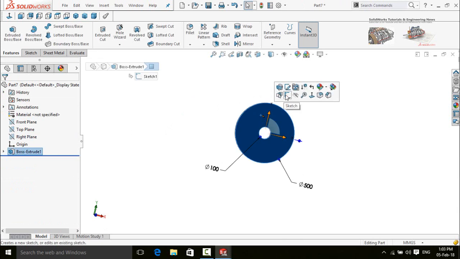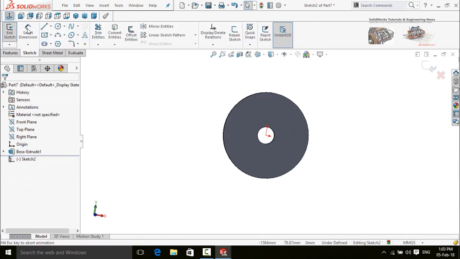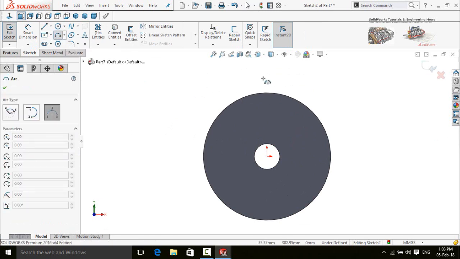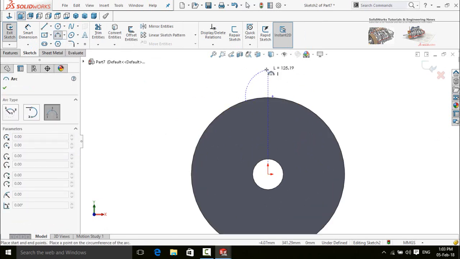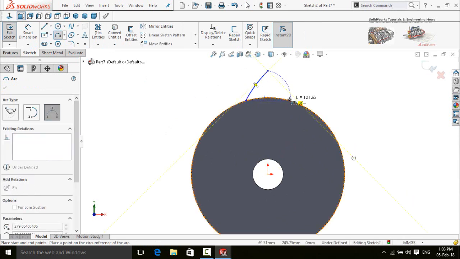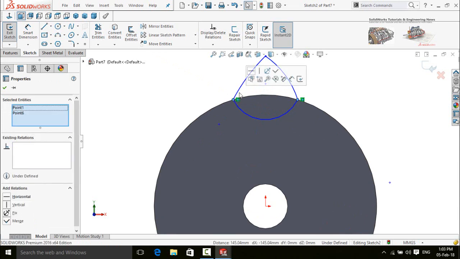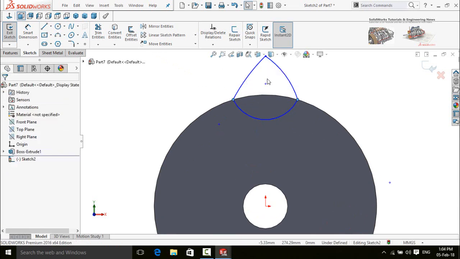Click on this face and then select sketch. Make normal to. Now draw a 3-point arc. One more 3-point arc and the last 3-point arc. Press escape button. Then press and hold the Ctrl key from your keyboard and select both of these points. Make their relation horizontal.